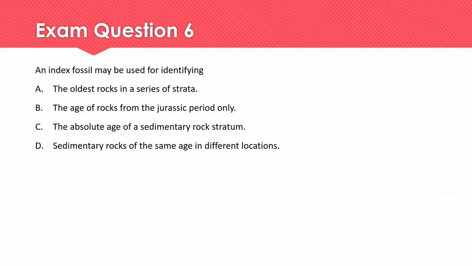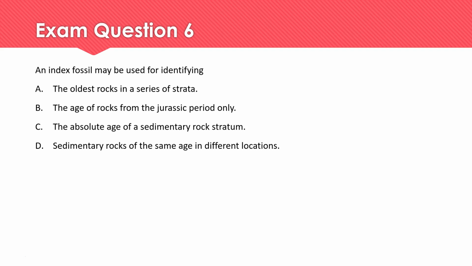So exam question 6 says, an index fossil may be used for identifying A, the oldest rocks in a series of strata, B, the age of rocks from the Jurassic period only, C, the absolute age of a sedimentary rock stratum, or D, sedimentary rocks of the same age in different locations. So you can pause the video, work out your answer, and then check it against the video linked in the